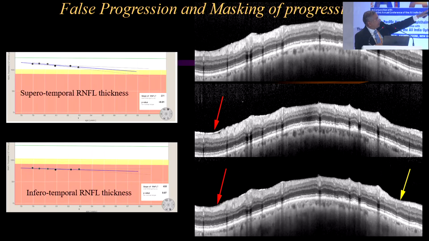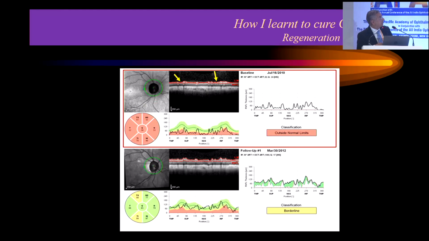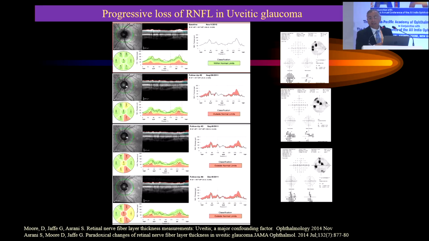Superotemporally, where there is an epiretinal membrane, it is showing a drop in thickness because the epiretinal membrane is gradually lifting off. So here is false progression and masking of progression. And a last couple of slides: this is uveitis causing growth of nerve fiber layer thickness, edema, and you can see that when you're treating uveitis, the RNFL thickness keeps decreasing, cupping keeps increasing, but the field doesn't